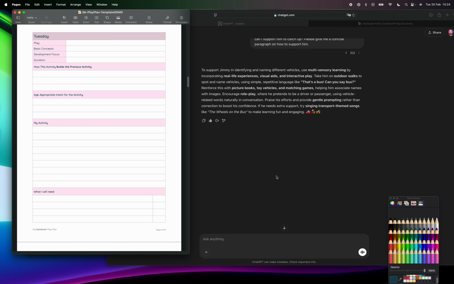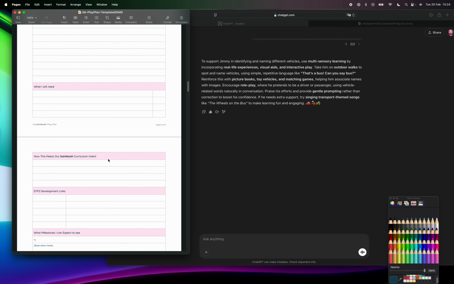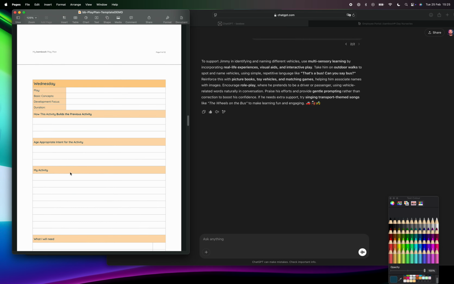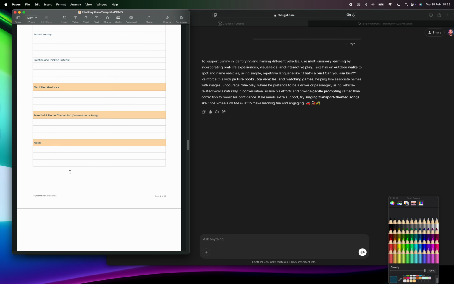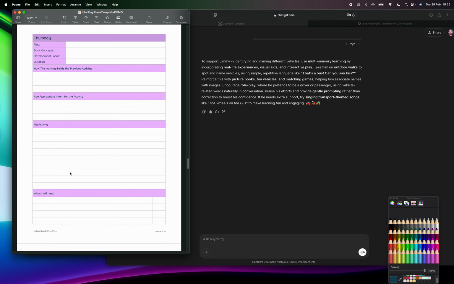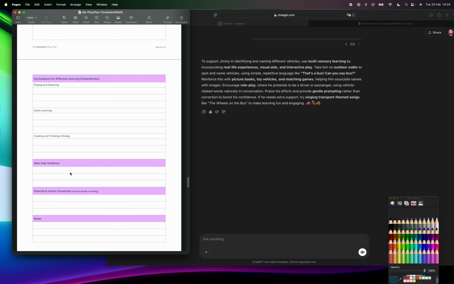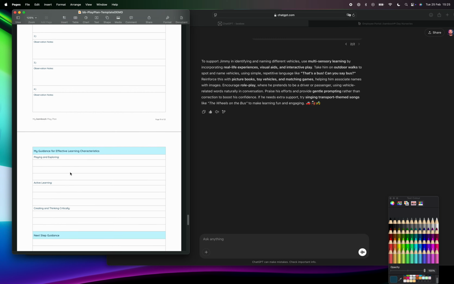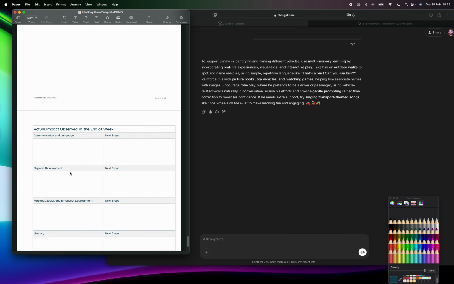The same goes for Tuesday. You do Tuesday. As you can see, then next step guidance, home, all that is in there. So you can have a comprehensive activity, and if you're really ambitious and you're really industrious, you can actually take a weekend or take an afternoon or a week, and you can plan ahead